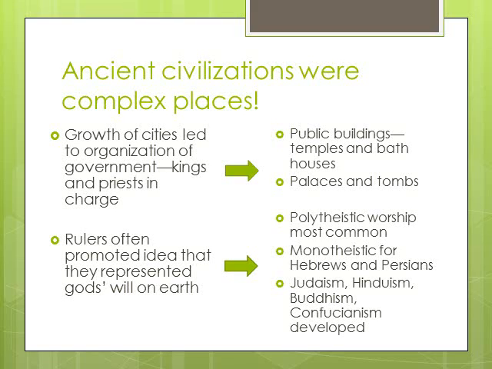Confucianism. The most important idea, though, of this concept that the rulers were like gods is that it discouraged people from rebelling. It made the people almost fear, respect, revere the rulers, and they tended to be more likely to follow what the rulers said, which promoted stability in the society.